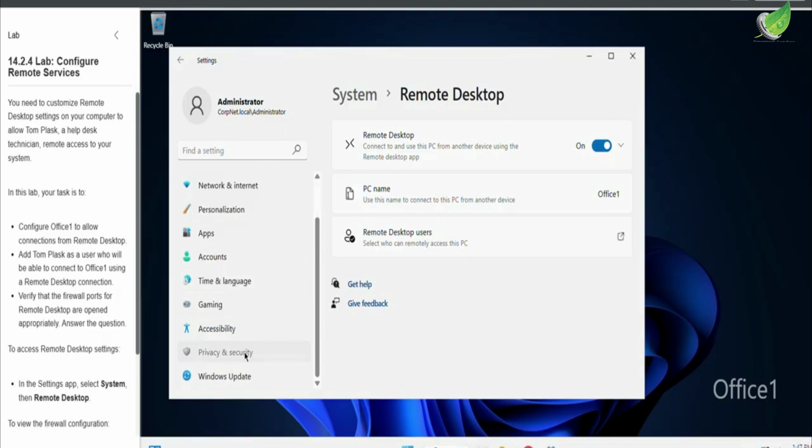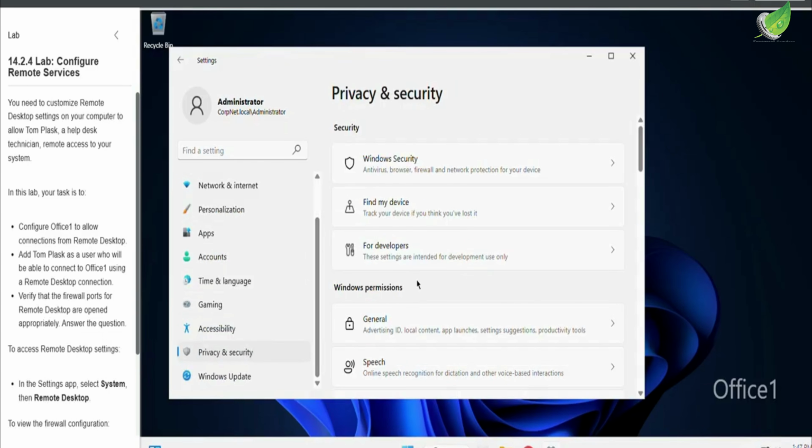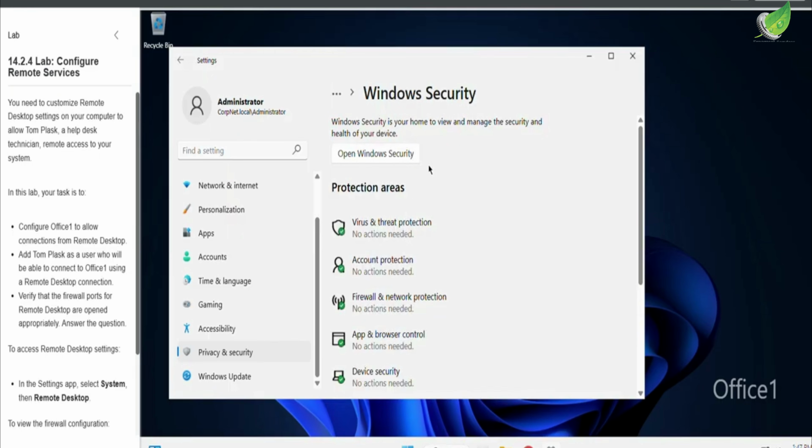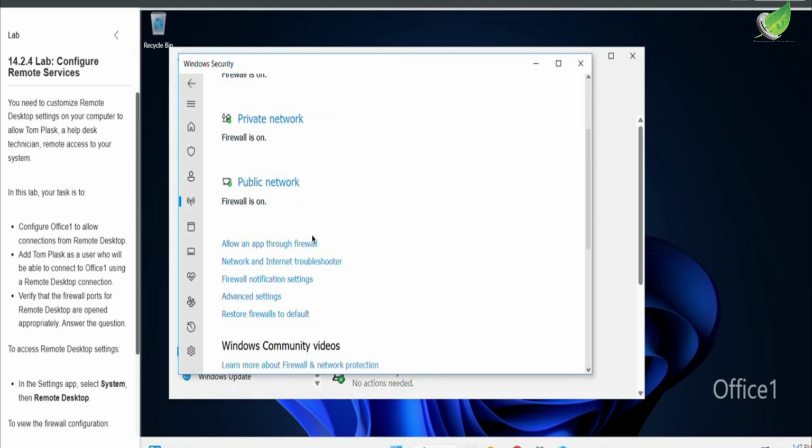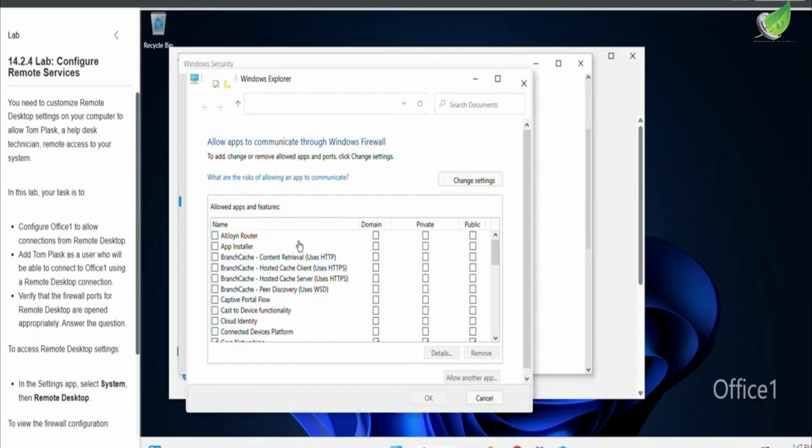And then we locate privacy and security, Windows security, firewall and network protection, allow an app through firewall. And here you want to